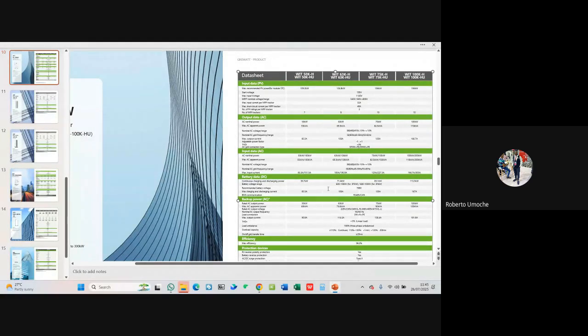But after the training, if you are interested in getting the slide, I can furnish you with that. Or if you want to get it directly from the website, we have a lot of models and their data sheet and user manual available for your use from our website. You can directly download them from there.